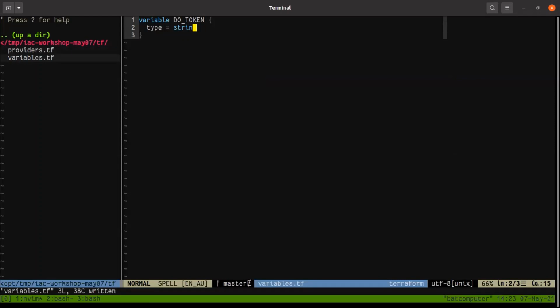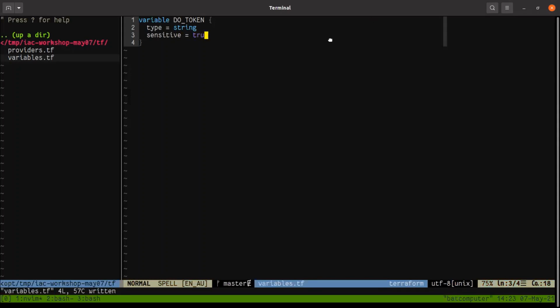Because it's a token, I can tell Terraform that this is sensitive data. So when you're displaying it, please be careful and redact it if you have to. The way to do that is sensitive equals true.